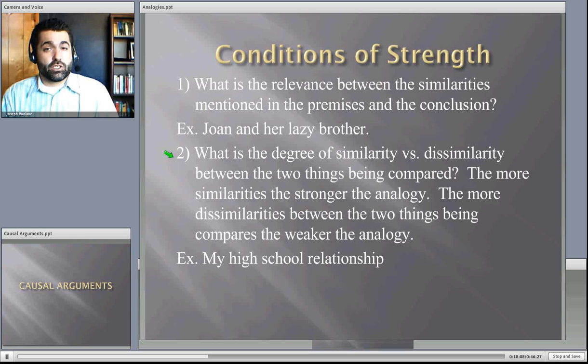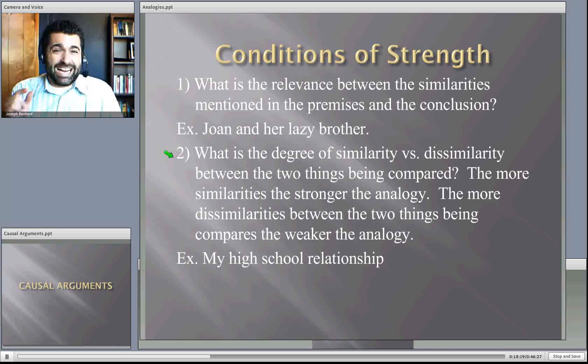Our relationship was similar to a batch of flowers in one way. We knew they were both going to end or die. But there were like 1,000 other dissimilarities that I was ignoring. I was only highlighting the one similarity. And this happens a lot in analogies, and it can be tricky to pinpoint. It takes critical thinking to really see it, right? When flowers die and I throw them away, my heart isn't crushed and broken. But if I stay with you for 4 or 5 extra months and get that much closer to you and then have to go to a different college, well, that is heart-wrenching.